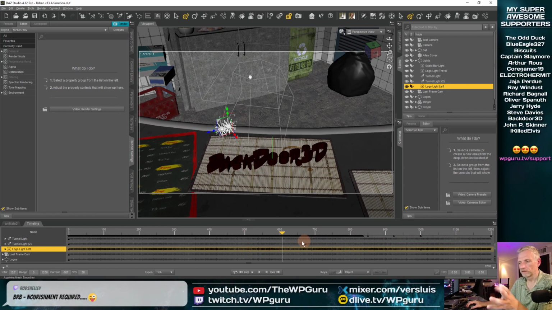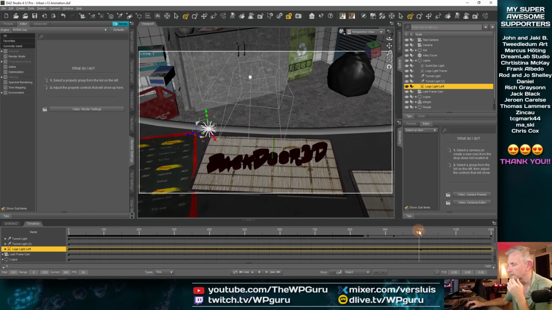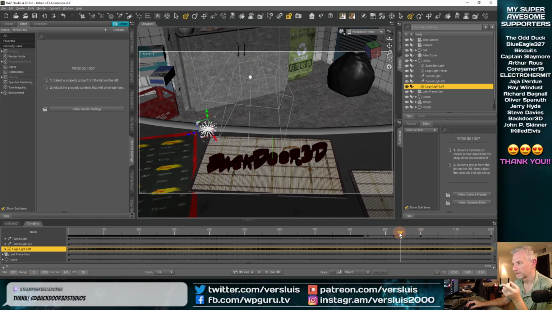This we don't see, this is just like the interpolated pre-animation here, so I'm not worried about that. But the other thing that I think I need to do here is that I don't really want to see this light, the second light. I want to animate its intensity, and I don't remember if I can do that.